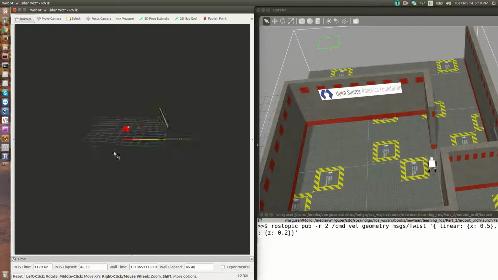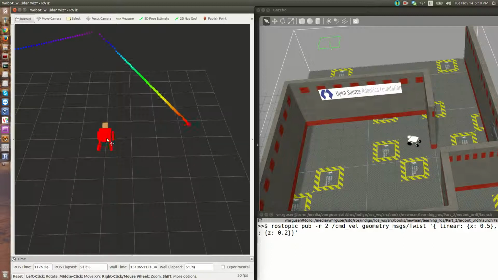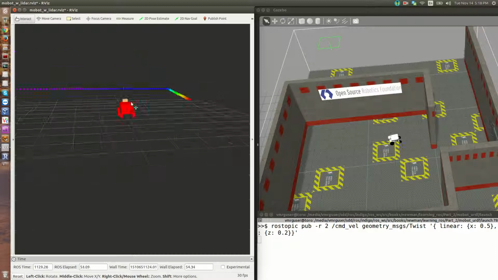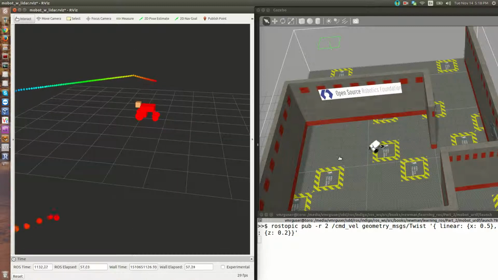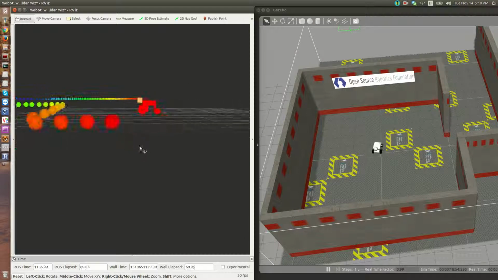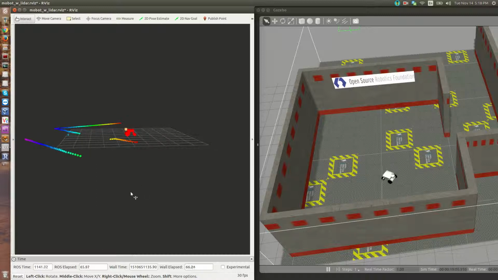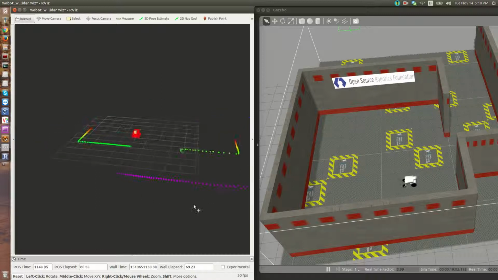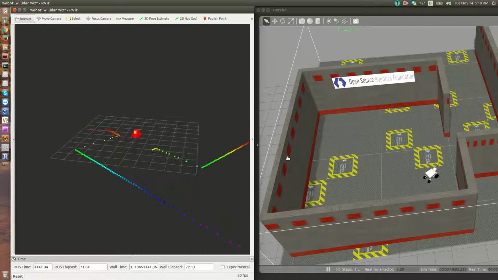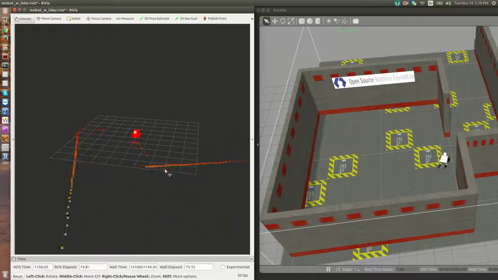Now the cool thing about Rviz is that you can rotate the world and see it from different angles, even though Gazebo might just be pointing in one direction. Okay, and you can zoom in or zoom out. You can pan or you can rotate around that world to see if what's happening in the world agrees with the data that you're seeing in Rviz. So this is why we say it's useful for debugging, because it helps you to make sense of data according to the environment you experience in the